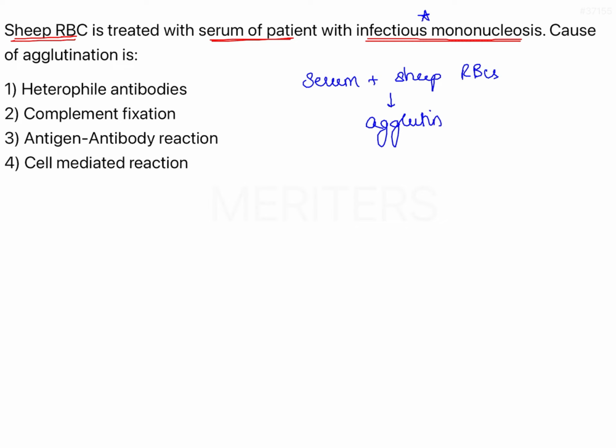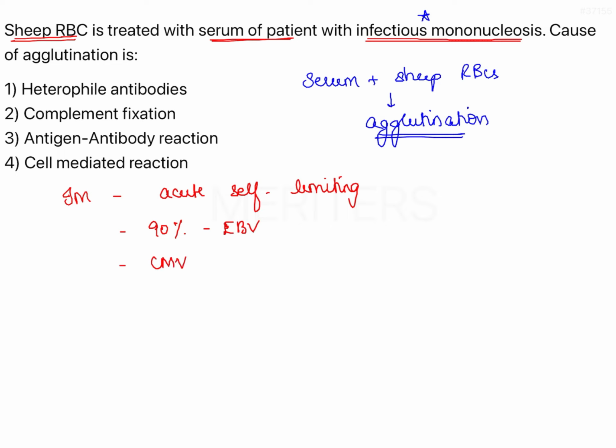So, what is the basis? What is the principle of this agglutination reaction? Infectious mononucleosis is an acute self-limiting condition which is caused by a virus. 90% of infectious mononucleosis is caused by Epstein-Barr virus. It is also caused by cytomegalovirus, which is human herpes virus 5, whereas Epstein-Barr virus is HHV4, human herpes virus